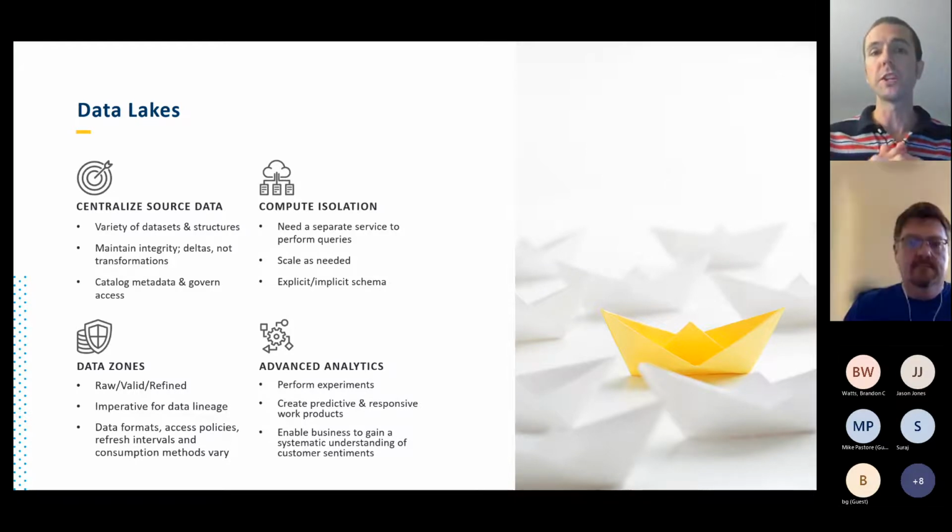So this is where we're going to originate some of our queries. Typically, we don't let the users query raw. We start them at valid. And then refined is where you might put your data warehouse or your analytically driven tables, where you've already processed the data for speed. It's imperative for data lineage to keep track of data as it progresses through the zones. And then it's important to understand your data formats and your access policies. So something called RBACs or ACLs are two different ways to manage who has access to what services in Azure. And then ACLs is who has the permission to do the read, write, execute on the files.